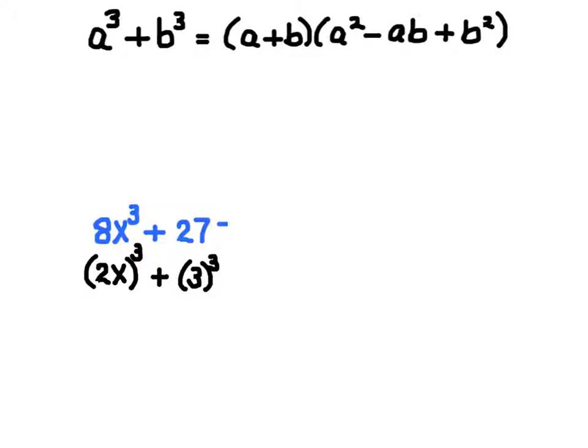So this will factor into the cube root of 8x cubed, which is 2x, plus the cube root of 27, which is 3, times the cube root of 8x cubed, which is 2x, squared. And if you square 2x, we get a 4x squared